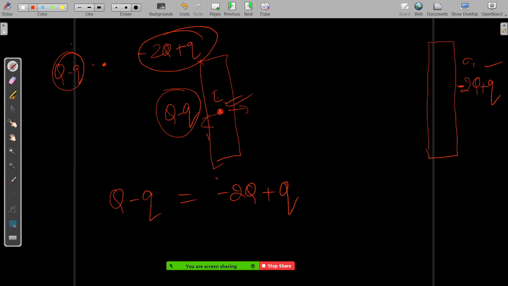It doesn't depend whether this point is here or here, because these charges are spread a lot. There's a huge spread of the charges, so it doesn't make any difference. So the electric field due to this charge is this side, due to this charge is this side, and they cancel out only because these charges are equal.